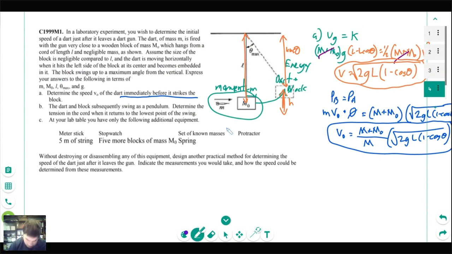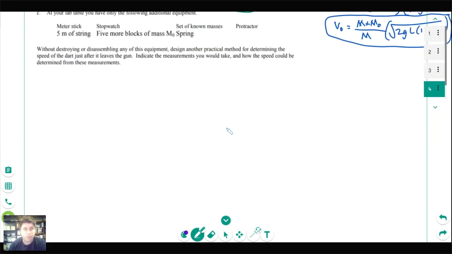All right, let's make a little work there. Yeah, let's draw it out. So I've got my block up here attached. It's going to swing down through and back up. I'm looking for the tension at that lowest point. All right, if the block's at the lowest point, there's my string. How many forces are acting on that block?